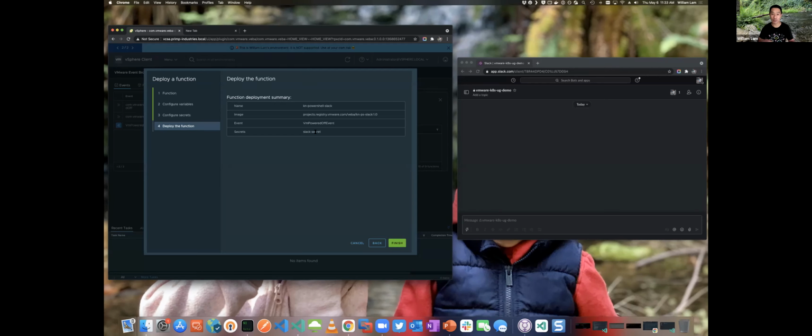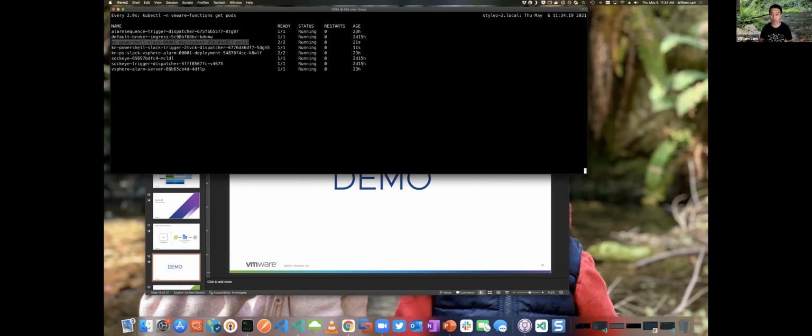What's happening behind the scenes is that when you create that function mapping, from a knative point of view, we're deploying a knative service that tells the system what container image you want me to execute, or the function that you want me to call when that event happens. The second part of that is the trigger, which, given the event, in this case a powered off event, is the thing I want to trigger off of. So the function is really a composite of our knative service, the container image I want to call, and the trigger, which is the event in vCenter that I want to trigger on when this occurs.